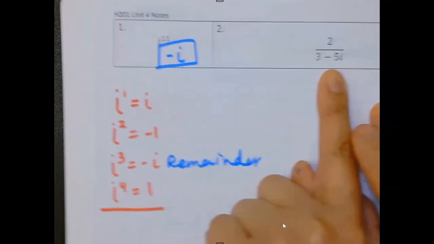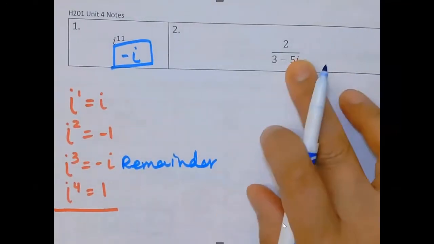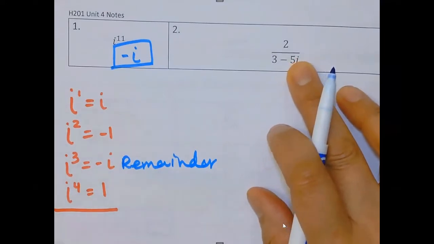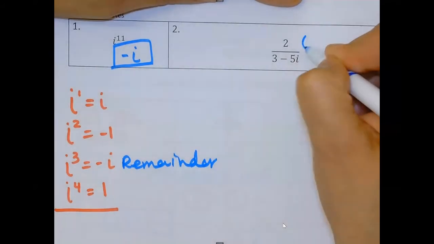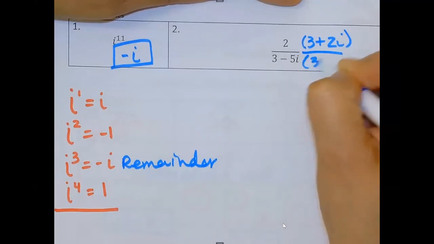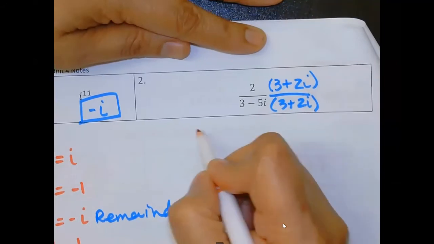This one, it's division. It's already simplified, except it's bad math. They don't like imaginary numbers in the denominator. So what you have to do is you multiply by the conjugate. The conjugate of 3 minus 5i is 3 plus 2i. Multiply it all out, combine your like terms. So on the top, you're going to get